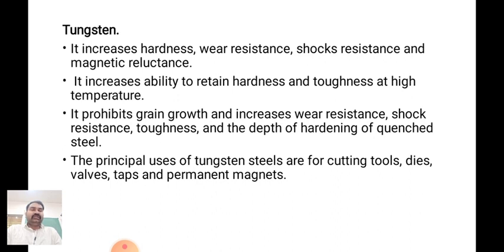In the third semester you have studied Manufacturing Process 1. In Manufacturing Process 1, welding processes such as arc welding processes, that is metal inert gas welding and tungsten inert gas welding, these two types of processes we have studied. In metal inert gas welding, the electrode is a metal, and that electrode is a consumable electrode. But in the case of tungsten inert gas welding, tungsten is a non-consumable electrode, because the melting point of tungsten is higher as compared to the metal to be welded.